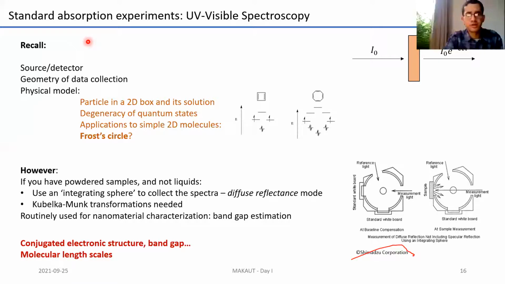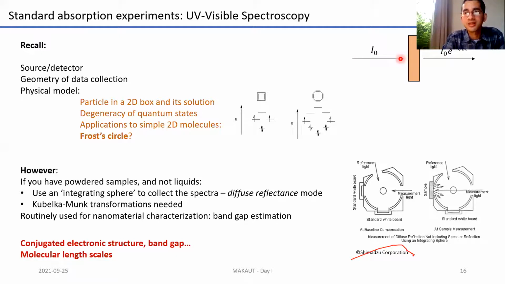So, UV visible spectroscopy is something that you've all done, I'm sure, as part of your assignment and as a part of your self-learning program. So recall the source and detector, you know the UV source, you know what a UV detector is, the geometry of data collection. So effectively, if you have actually done a UV visible measurement, it's something like this. You have a cuvette which is filled with a nice colored liquid. So let's say you've taken a dye, any standard organic dye, maybe bromocresol or something. You dissolve it in water, you take it in a cuvette, you pass incident radiation through it.